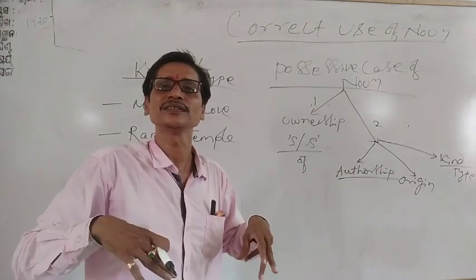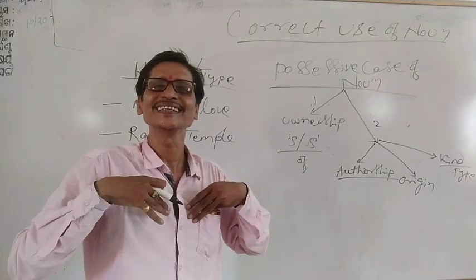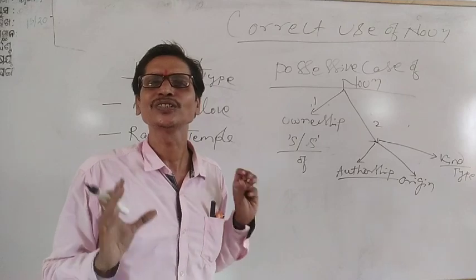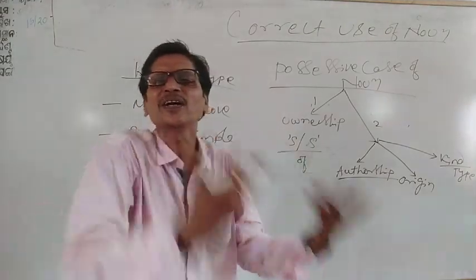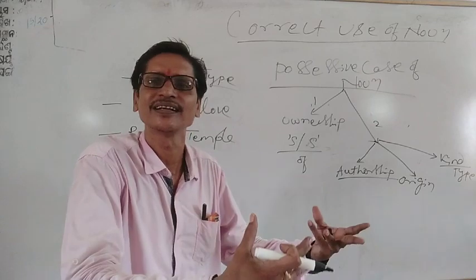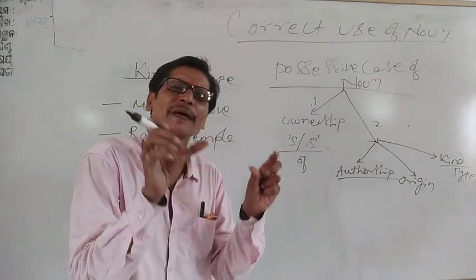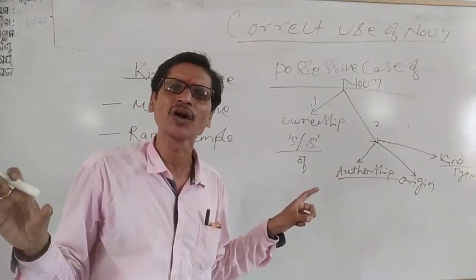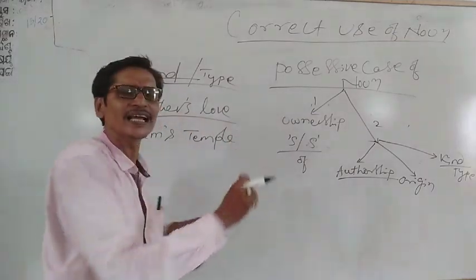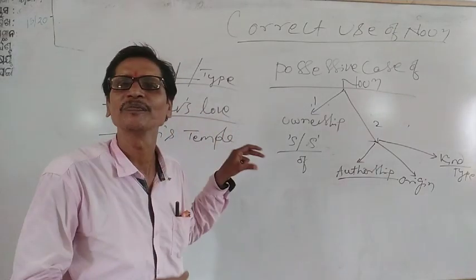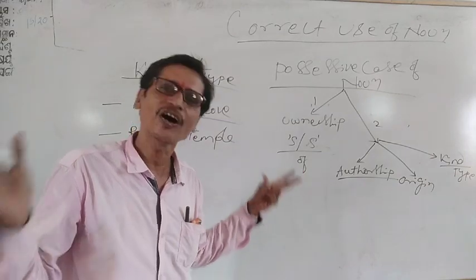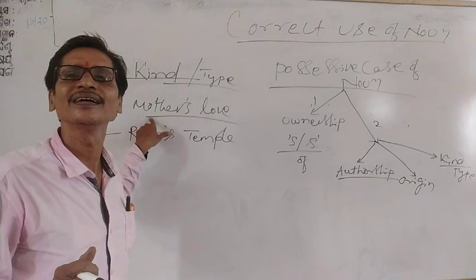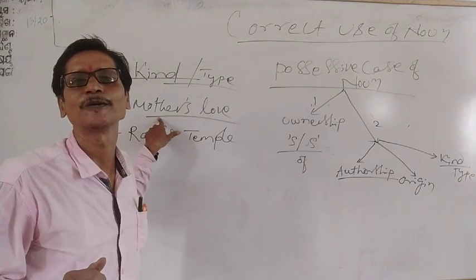But when mother loves, her love towards me is not similar to others' love towards me. So, mother's love is a very different love towards her child or children. Therefore, mother's love is a very specific love that can never be compared or equated with other love. It is a kind of love that we should differentiate from other loves. So when we are talking about the kind, we make the possessive case.